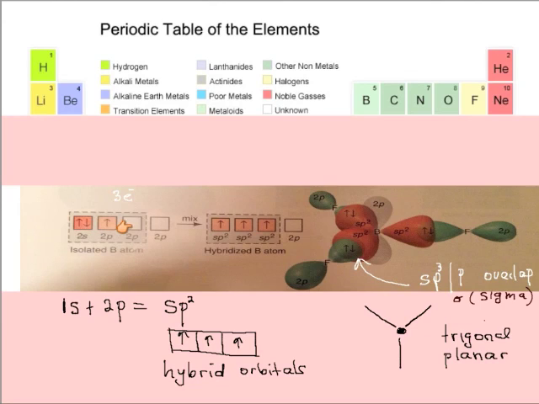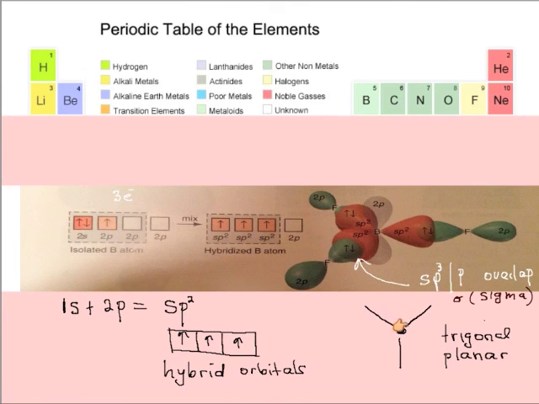So it pulls out an empty p orbital and it mixes, or hybridizes, and forms sp2. So one of the s and 2 p orbitals mix to form sp2. And we have a total of 3 hybrid orbitals, which can accommodate the 3 electrons that we have on boron. So 1, 2, 3 here. So rather than boron having 1 unpaired and 2 paired, it now has 3 unpaired, quite capable of forming 3